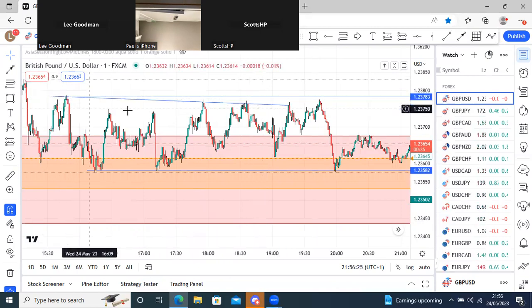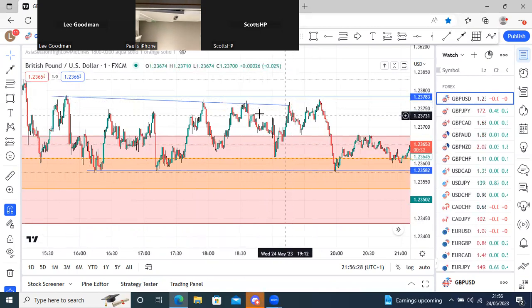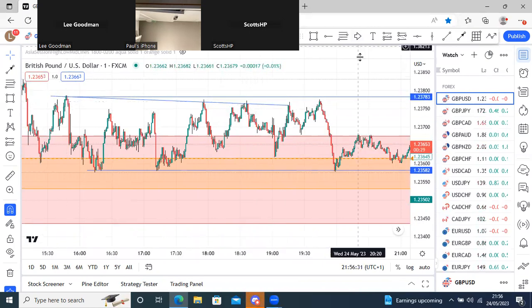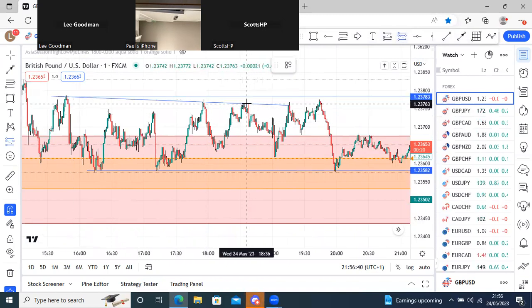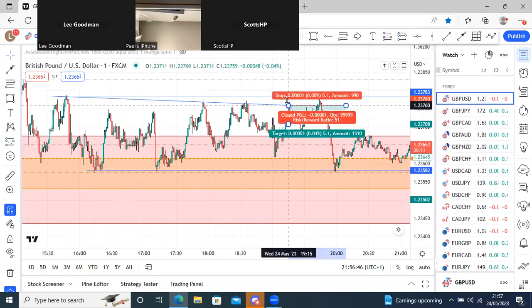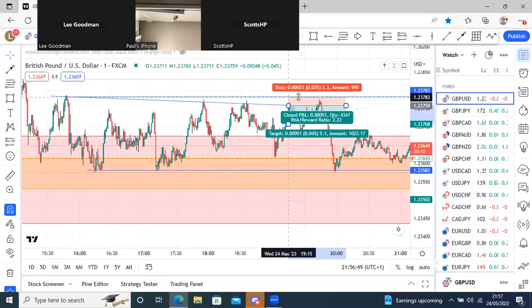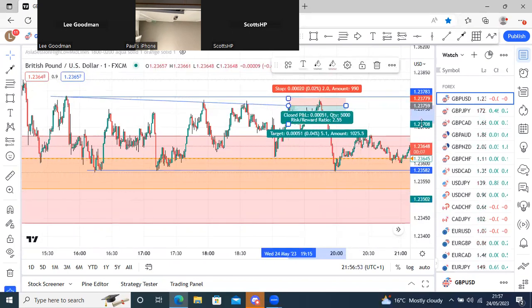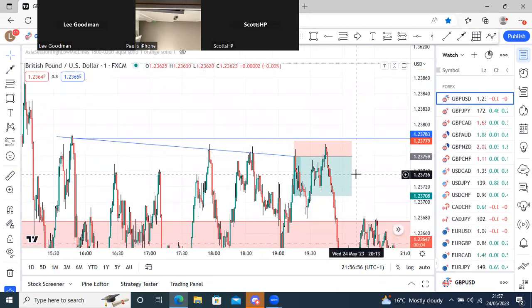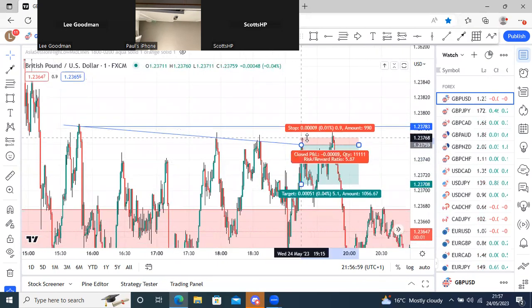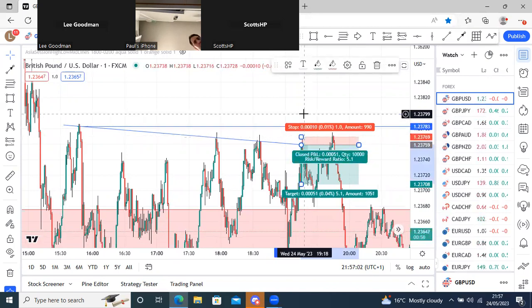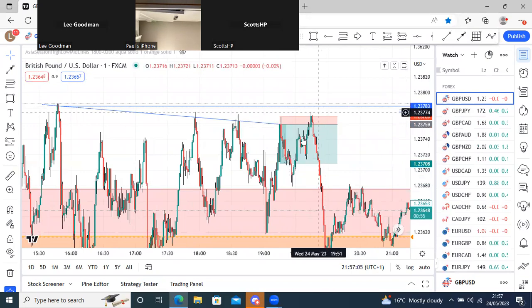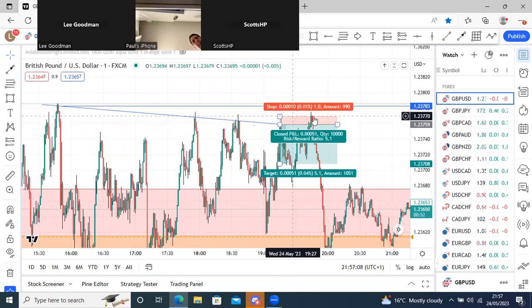Because in here you've got 1, 2, 3, 4 touches. I've gone off the bodies. Once you get a third touch, people will start seeing a trend line at this touch here. Coming back, we'll be putting sell orders on this. And then what they do is smash price through it and take all their stop losses. But bearing in mind, this is probably